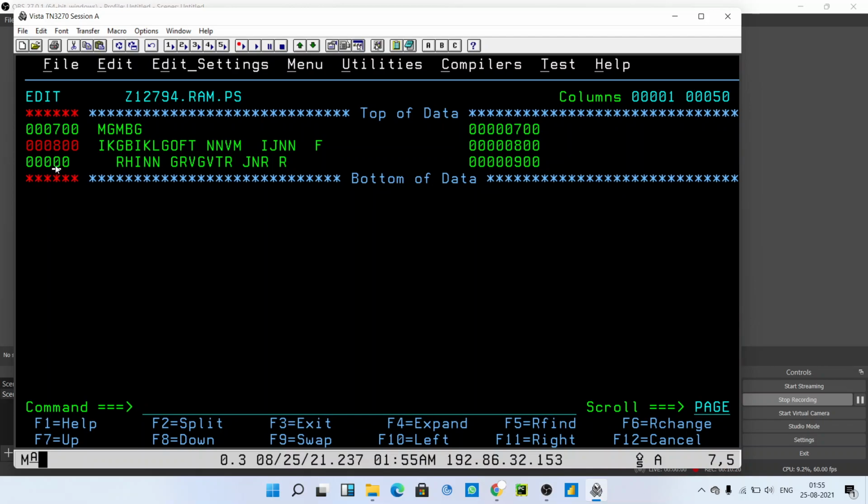Mainframe is very simple. Just keep in touch with me. I'll tell you everything that you should know to be a good mainframe developer. So just see here, this next line, this space will be automatically removed if you give the opening angular bracket. So just press enter.